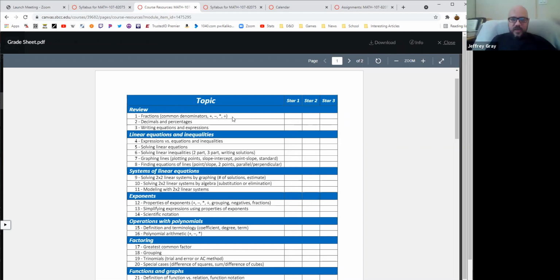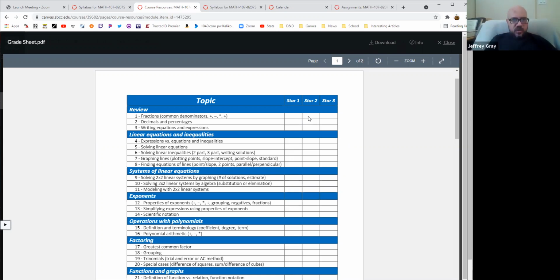And then the next topic, same thing. Did you do this problem correctly on the test? Did you turn in the homework for this problem? Each one of those is 1 star. So if you complete the homework, which will usually be about 4 to 6 questions, but for fractions there are a few more because there's a lot you have to do with fractions. If you do a complete and correct homework and show all of your work, you get a star. And if you then answer a question on a test about fractions, you get a star for that.